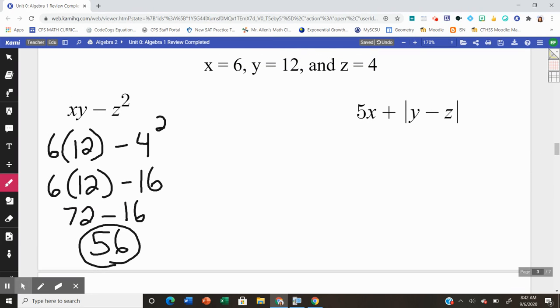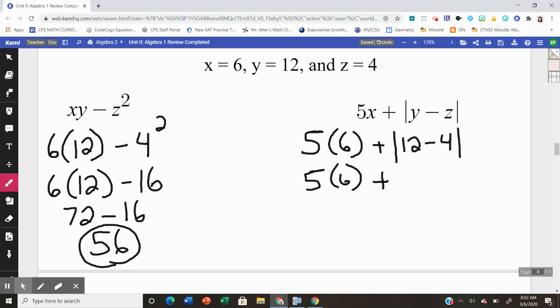Last problem for the video. Let's again substitute in 5 times x has a value of 6 plus, does anybody recall those vertical lines there? Those are those absolute value bars, which means that any answer inside of it is actually going to be positive, regardless of what it looks like. So it doesn't look like it's going to make a difference here. I'm going to do the absolute value bars first,